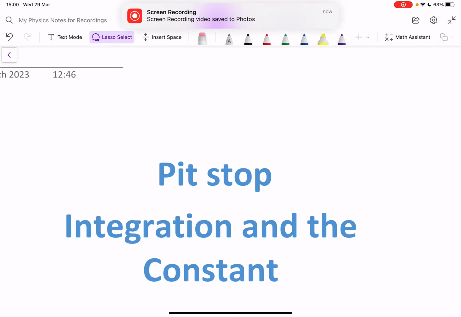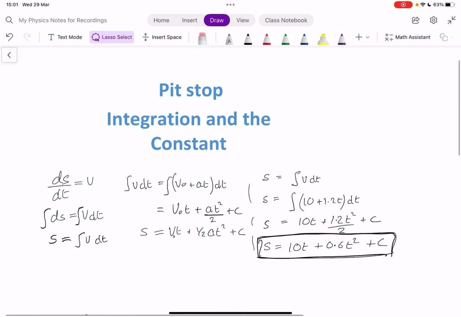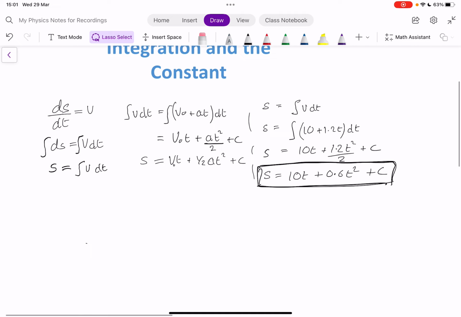So following on from our calculus in physics video, what we found was that when you integrate certain quantities, for example, integrating an equation for velocity, you can get displacement, but you also get a constant. What we want to do is look at different ways of figuring out what that constant means. So I'm just going to carry on with the example that we got to, which was integrating an equation for